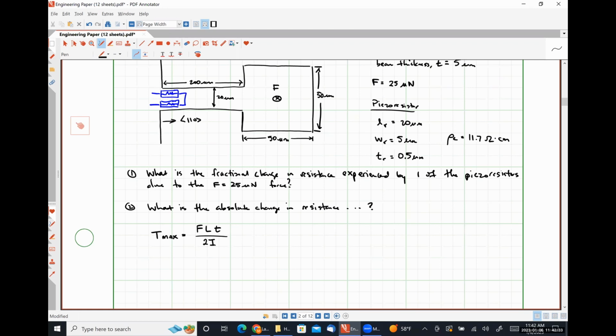Now, when we derived this, the force was applied directly to the end of the beam, if I am not mistaken. In this case, our length, capital L here, is the length from the anchor point to where our force is applied, which is going to be the length of the beam plus half of the length of the mass, right? So we're going to have F times L beam plus 1/2 of L mass